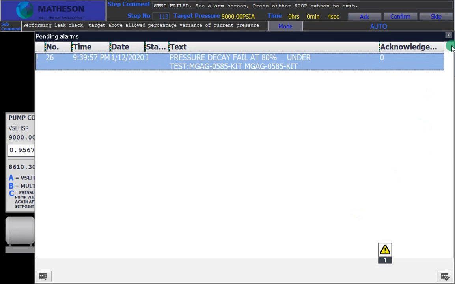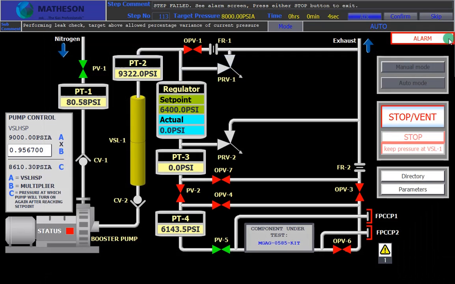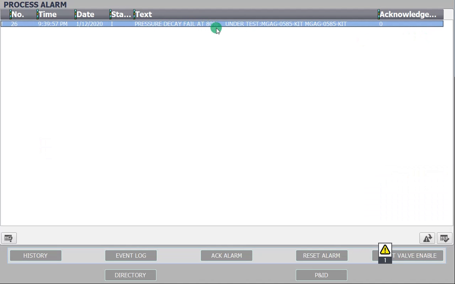Okay, so we moved the thing down so we can see pressure decay fail at 80%. So it's going to tell you that there's an alarm there. There's lots of different alarms at the different pressures, the pressure builds. This was just an example of one. So it's saying pressure decay fail at 80%, under test the